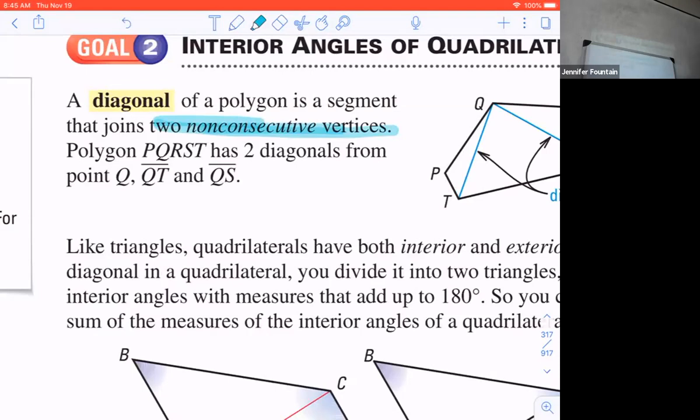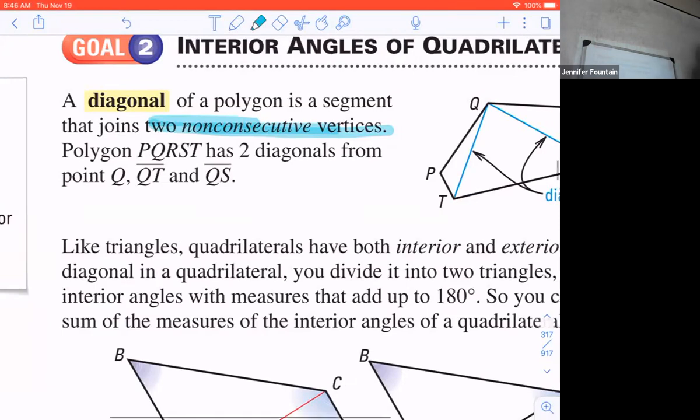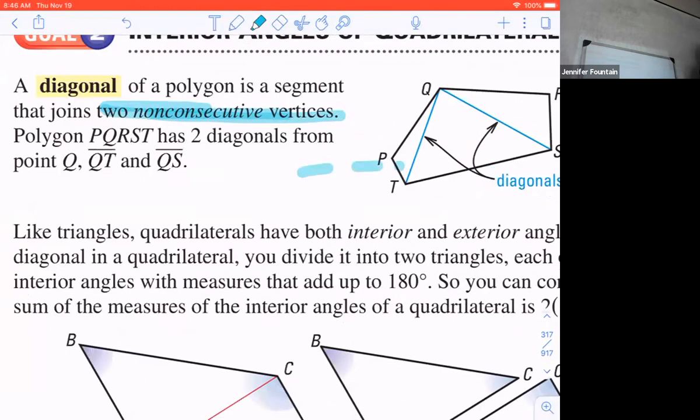Remember we said consecutive means side by side. So when I'm talking about non-consecutive, I'm not dealing with vertices that are side by side. It's going from one vertex to another that is not one that it's already joined to by the length of a side. So if we look at our figure over to the right,